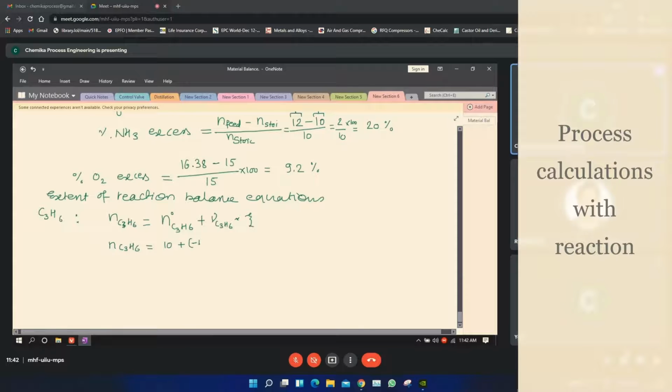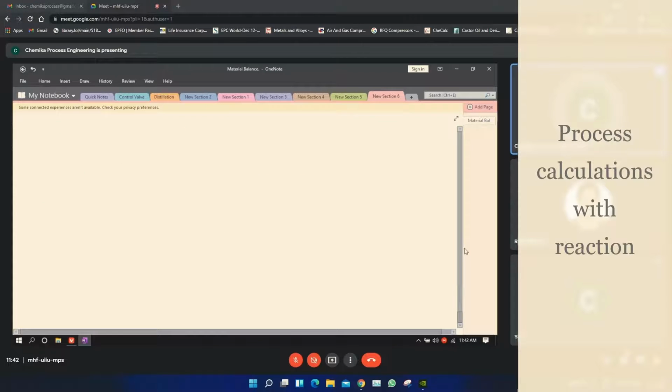The sign is very important here. And after that, we write the extent of reaction. Now this becomes equation 1. Like this, we can write the rest of the other equations,